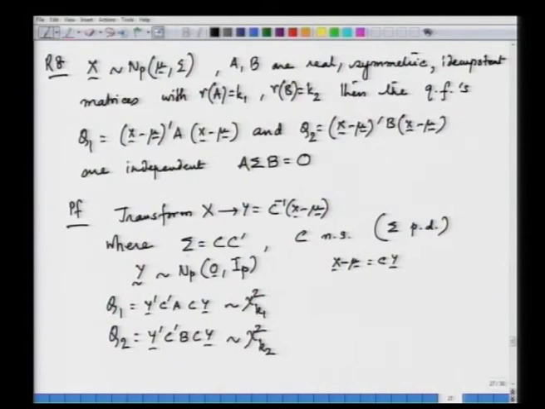So, now I have exactly the same situation, because moreover mu is also simplified to a null vector and the covariance matrix is in fact an identity matrix, the case I have proved earlier. So, by our earlier result, Q1 and Q2 are independent